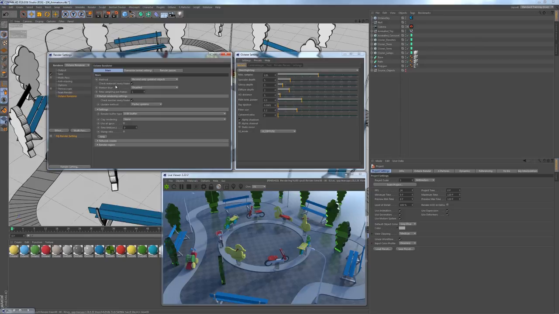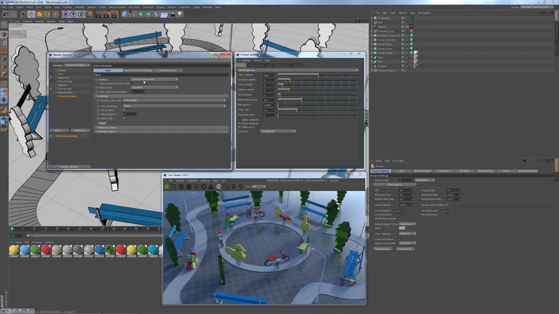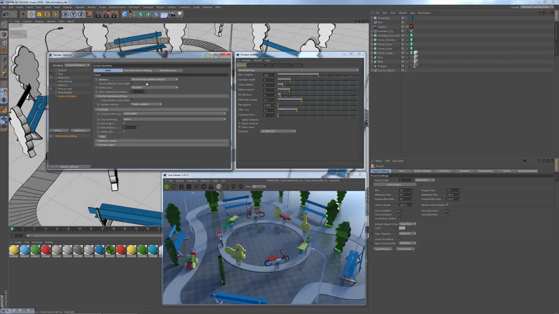To solve this, Octane Render for Cinema 4D has come up with a very clever update mechanism called Resend Only Updated Objects. It is used as an alternative to Send All Scene Data, which is a straightforward brute force way which exports the geometry for each frame of the animation. With Resend Only Updated Objects, the geometry is still collected and exported to the render engine, but this happens only on frame 1. From that point on, objects which are moving in the camera view are the only ones being collected and exported. The rest